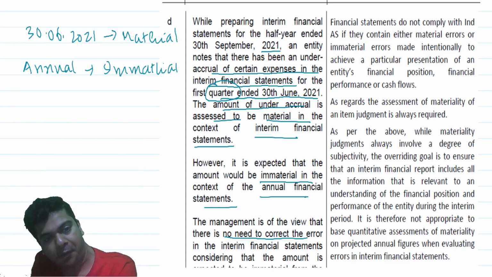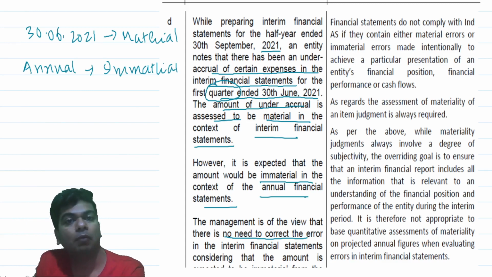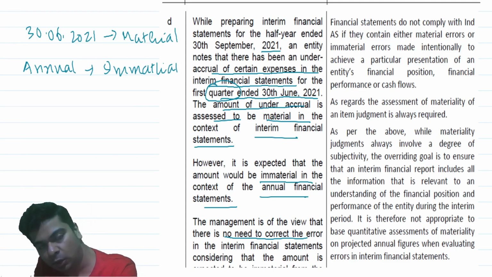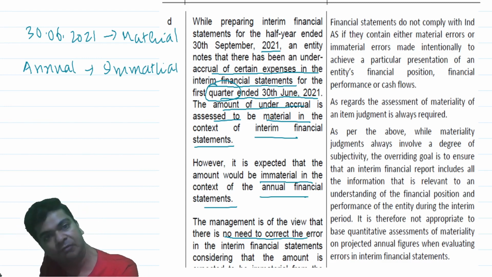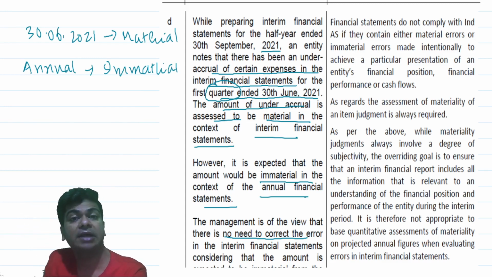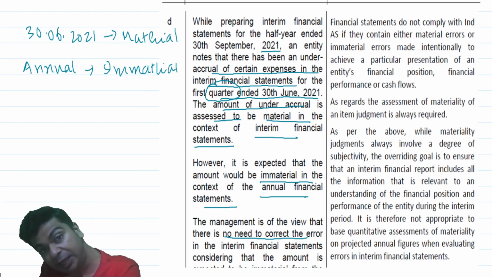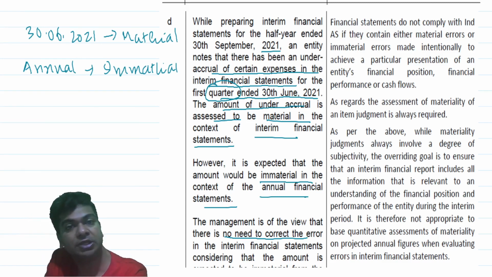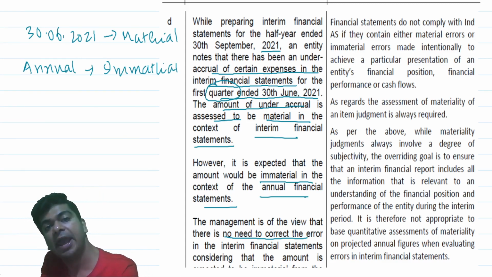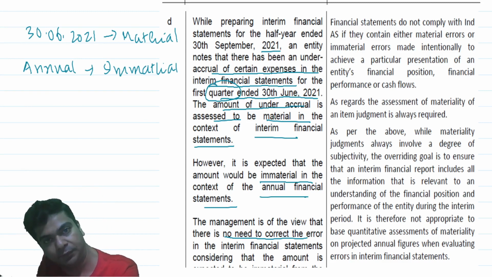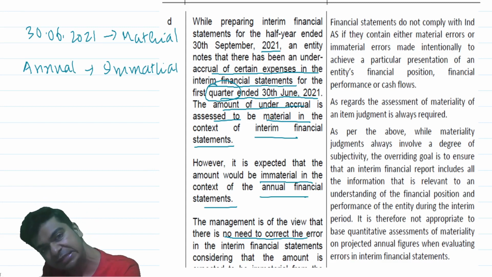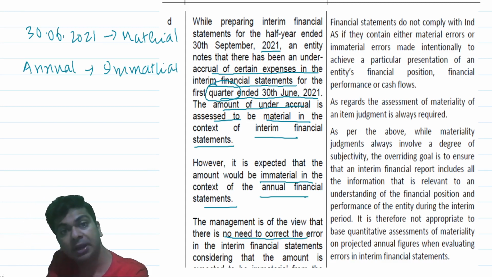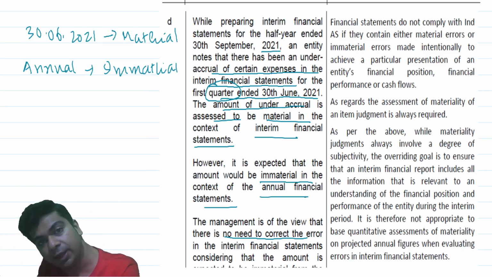What do you say? See, you are preparing interim financial report, right? What you are going to submit to your shareholders right now is interim financial report. Whatever is material for interim financial report naturally has to be included. I cannot take decisions for interim financial report on the basis of what the annual figures are going to be, isn't it? For example, it's quite possible that during these 3 months my sales is very less, but annually it is going to be very high.